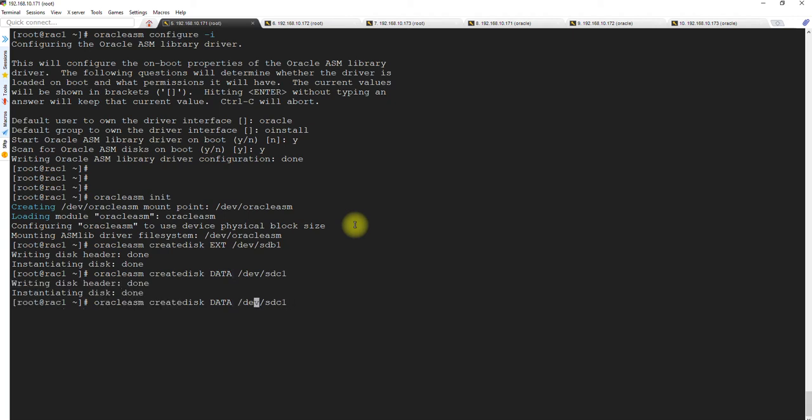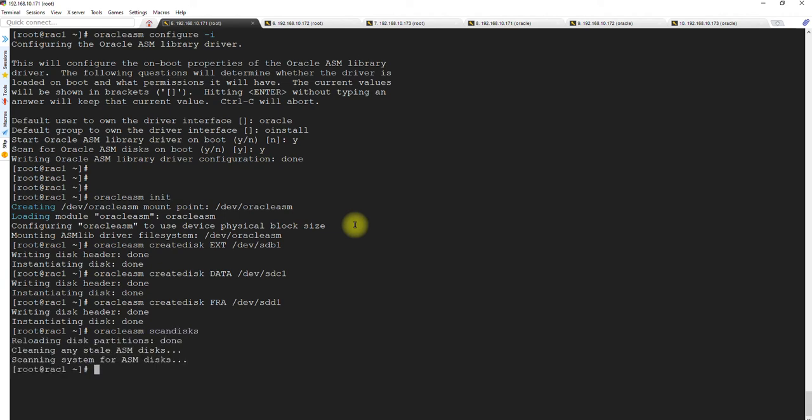Lastly the FRA, which will be D. This is done. Now we will scan the disks using the oracleasm command scandisks. It has scanned it. Now you will say oracleasm listdisks. So now the disks have been created.